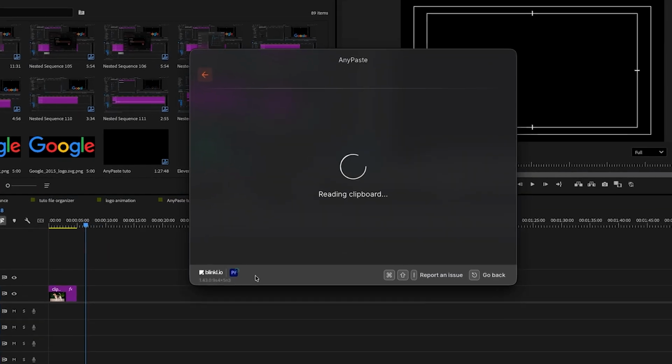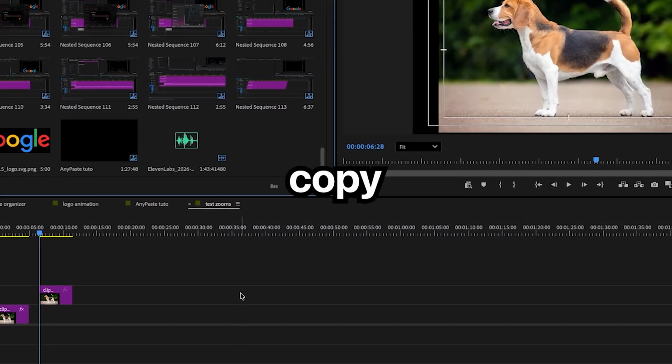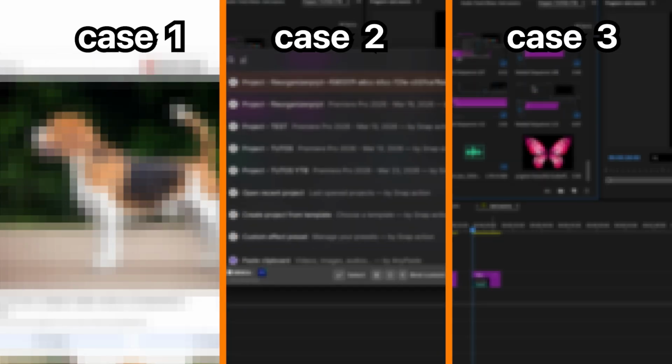This is what it looks like when you paste a file directly into Premiere Pro, like 2 keystrokes. Copy, paste, done. And today I'm going to show you 3 situations where this saves you a ton of time